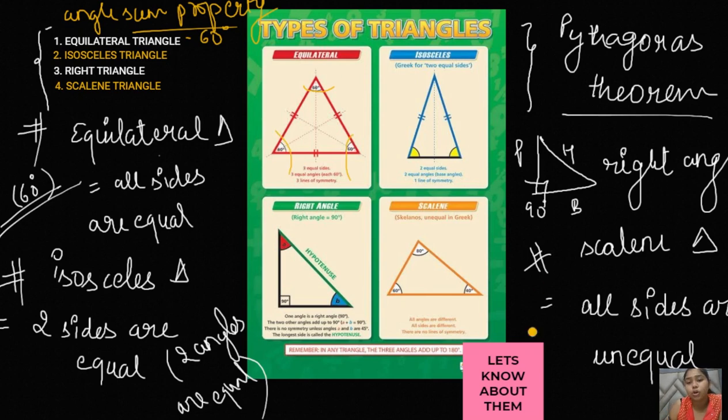You can solve it like this: let this be angle 1, let this be angle 2, let this be angle 3. You know that all the angles are equal, so by the angle sum property, angle 1 plus angle 2 plus angle 3 equals 180 degrees. Since all of them are equal, we can put them equal to angle 2, like we can put them equal to anything.